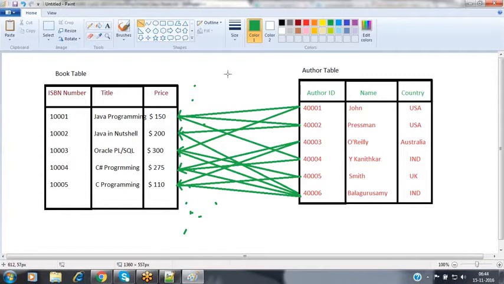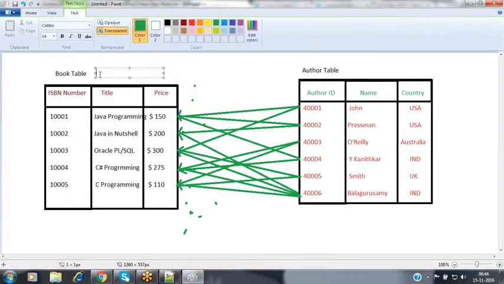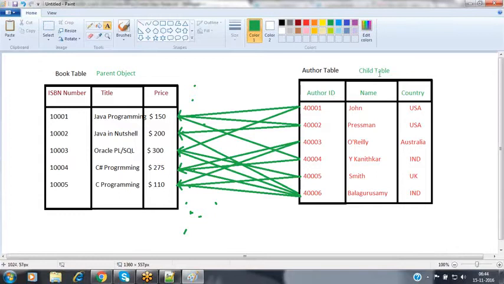Then how can we implement this many to many association? How to do this here? For example, I'm making this book as the parent, and author as a child. I'm assuming this author as a child object here. So now book is the parent and the author is the child. Whenever you are mapping the association between these two objects, how can we map? We have to create a common column, nothing but one additional column to store that parent record ID.